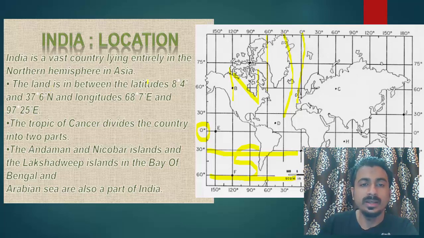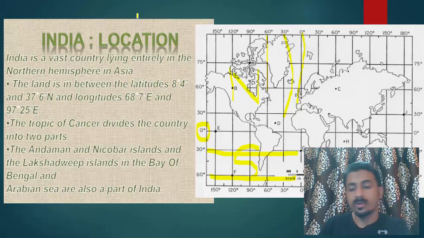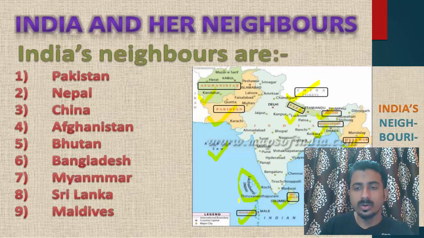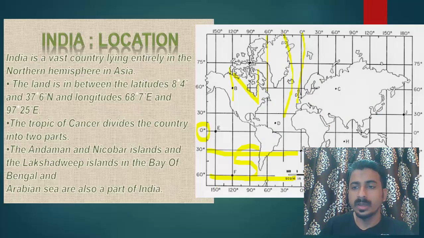So India is in between 8.5 degree and 37.5 degree north. 8.5, how? Now if you see this map again. Okay, so latitudes are not given here. I will see in another map. If you see here, this is 0 degree, okay, and India ends here. See here.